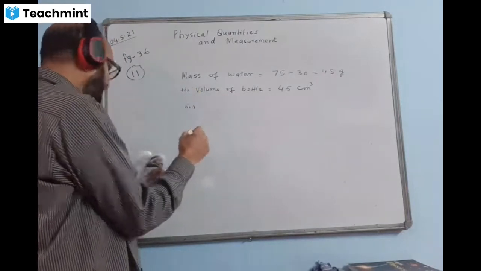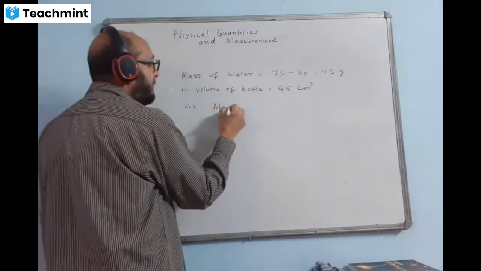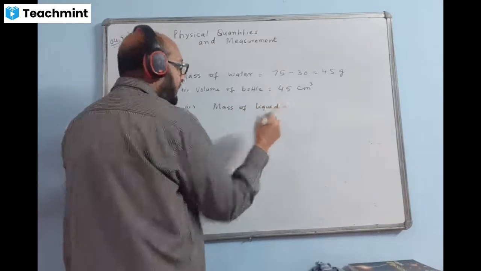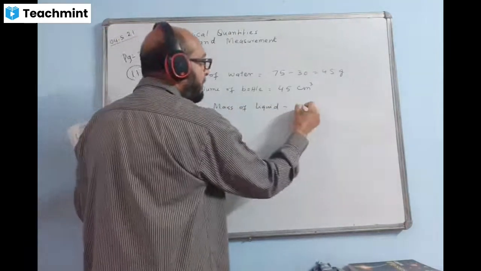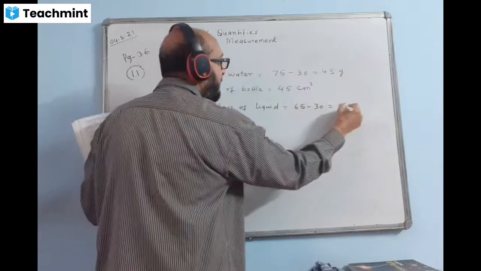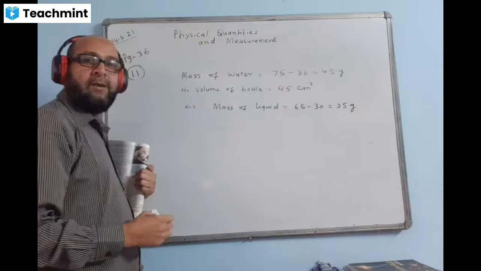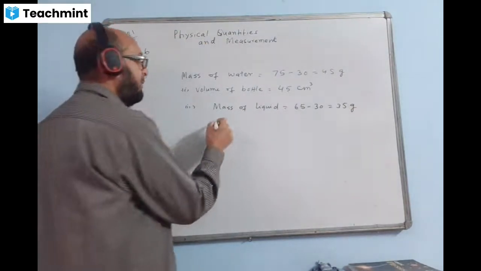Now we'll find the density. First, the mass of the liquid. Same way, first find the mass of liquid. Mass of the liquid will be equal to 65 minus empty bottle. You have to subtract; empty bottle is 30. You get 35 gram. That is, the mass of the liquid is 35 gram. Therefore,